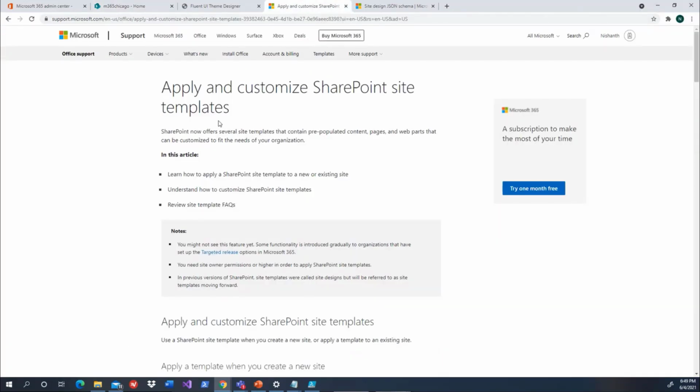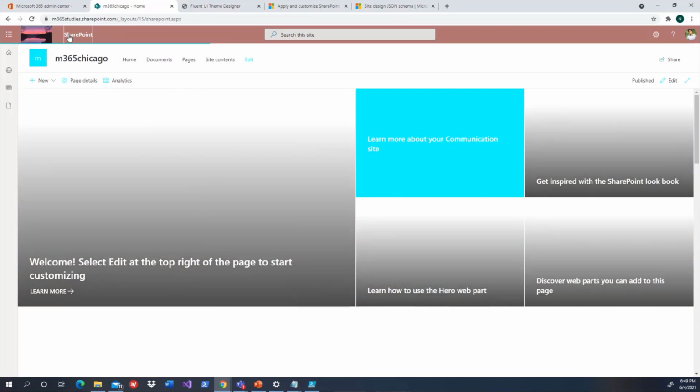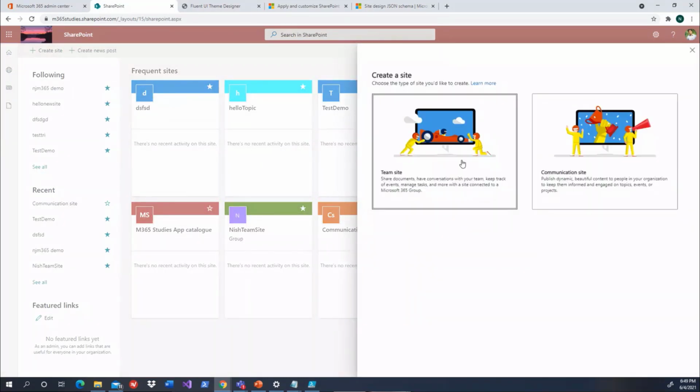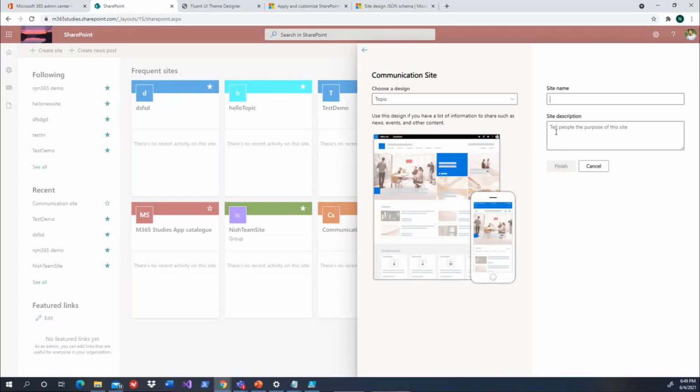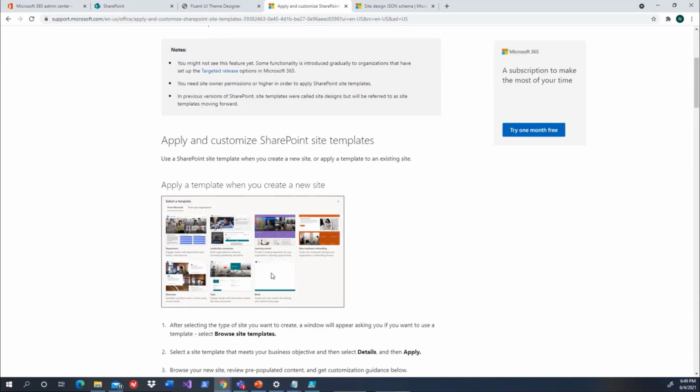So there is a new feature that is coming as part of your site creation experience. So if I go back here and try to create a site and go to something like a communication site, you also get an option. So this is currently under preview. You might not see this feature, as it's currently under targeted release, and this will be released in future time. But again, what Microsoft is doing is